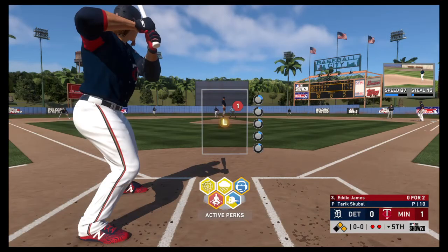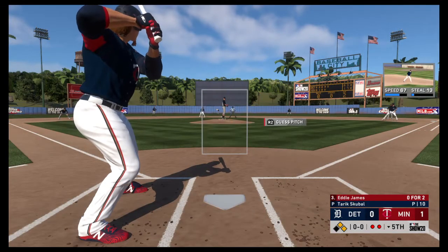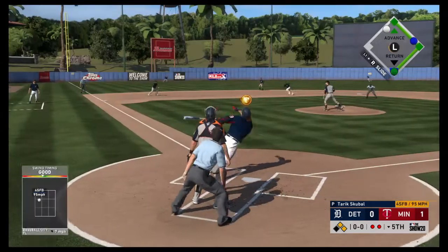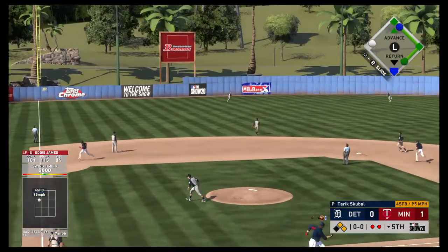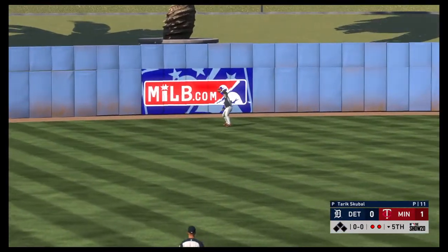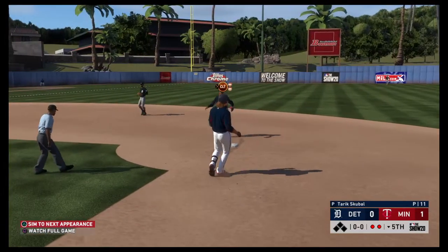Now at the plate, Eddie James. He flew out in his last at-bat. Almost, Matty. Almost went deep his last AB. Certainly just missed it. With this guy's big power, he's feeling pretty good at the dish. Look for him to try and get up. Well, the left fielder's on it, and that retires the side. So it's